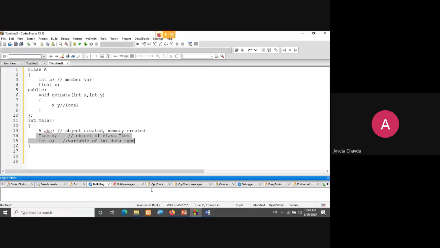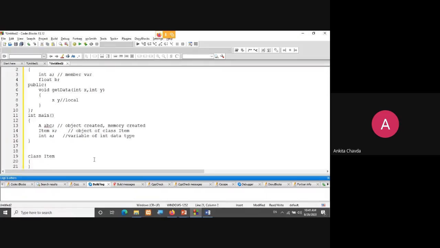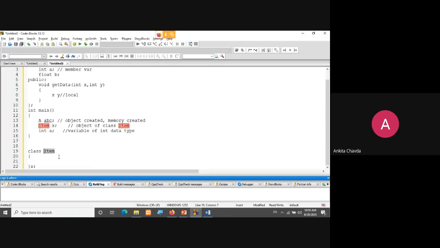Suppose class item, with opening and closing braces, and before the semicolon you write X. So you have created the object X of the class item, just like your structure, if you remember it, right? Fine.